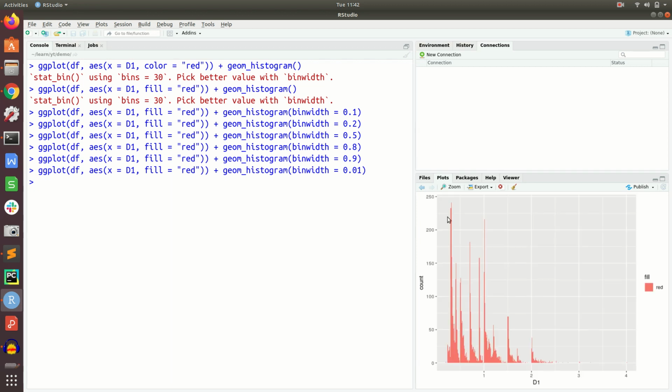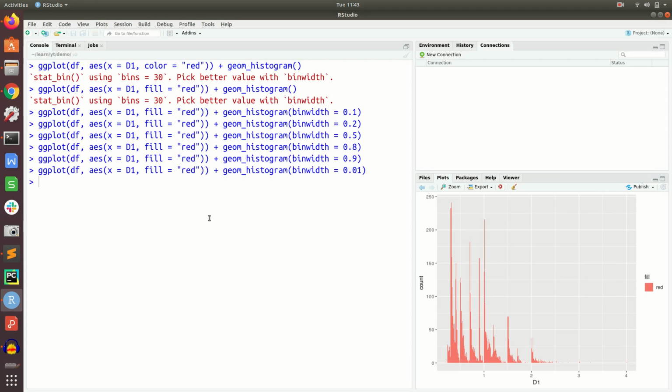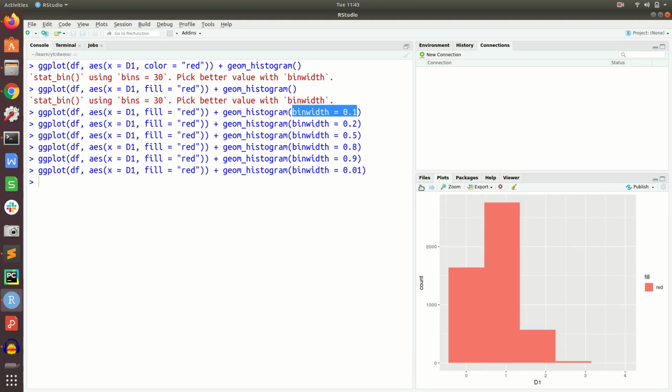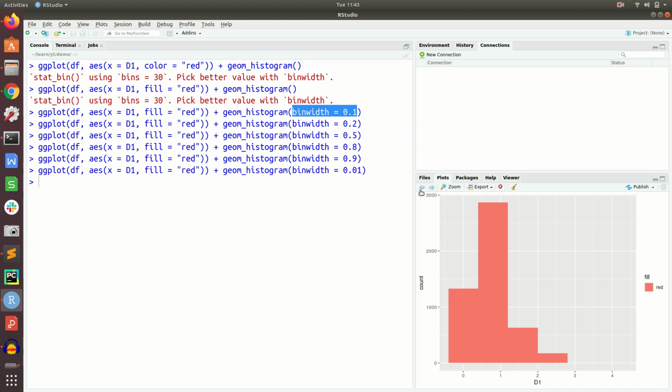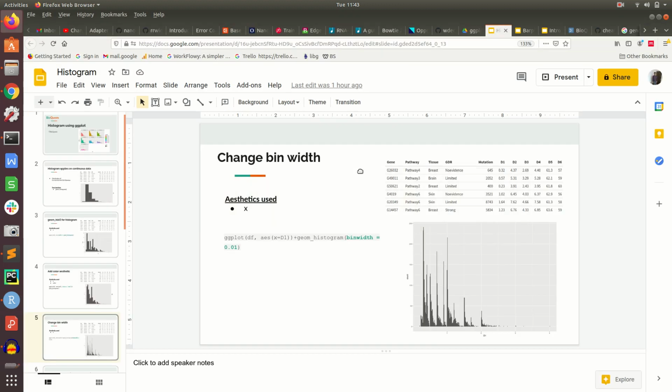So this is between 0 to 1. Okay, so now you can see that there are so many bins, and within that we see the different distribution frequency. So it is important that you can change the bin width to change the shape, and you can have a different inference at different bin values. Okay, so this is the parameter which you have to pass within the histogram function.